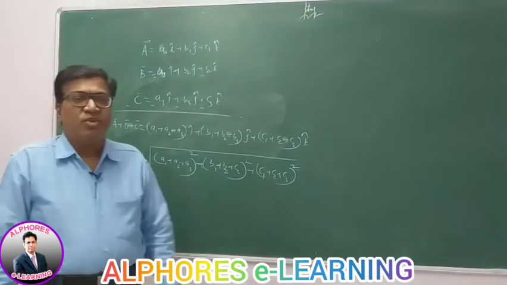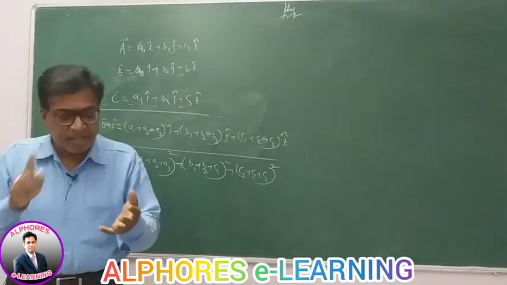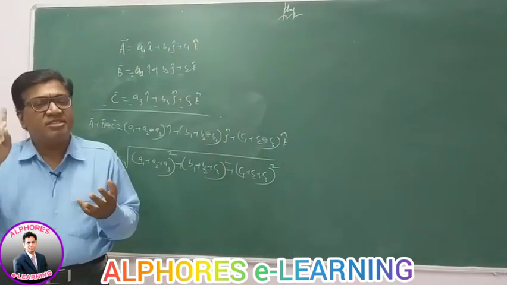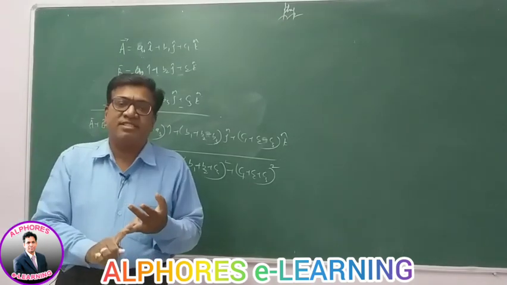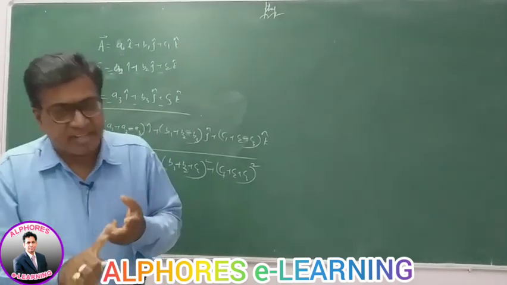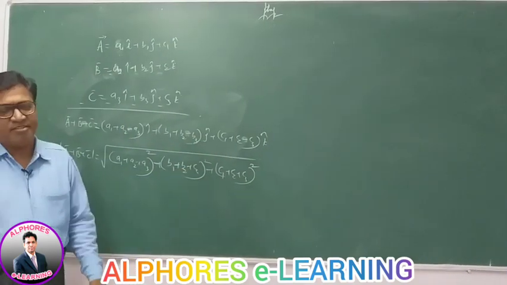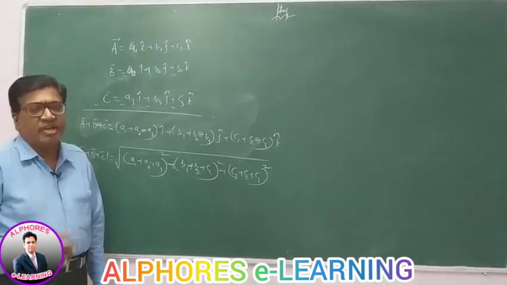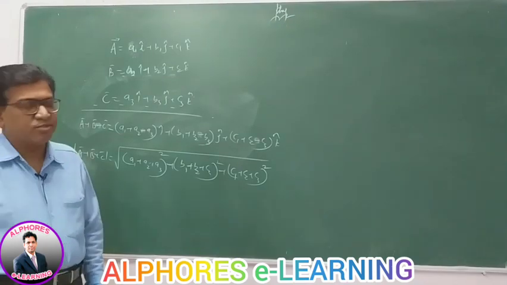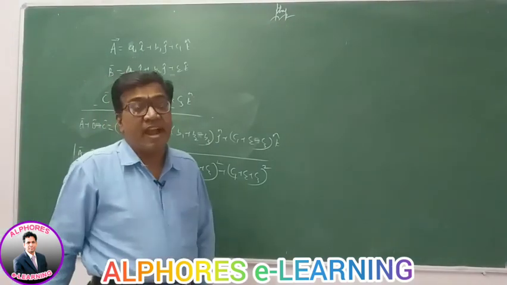So this way you can find the addition of vectors by components. You can find the addition of vectors by the parallelogram law of vectors. You can find the addition of vectors by the graphical method. So addition is possible whichever way the problem gives it, and you can take the problem in that manner. This way vectors can be added.